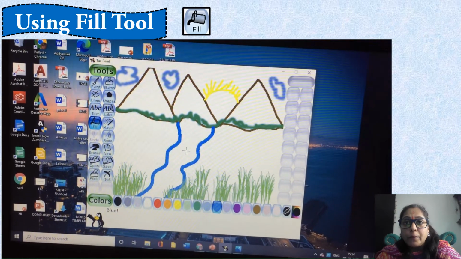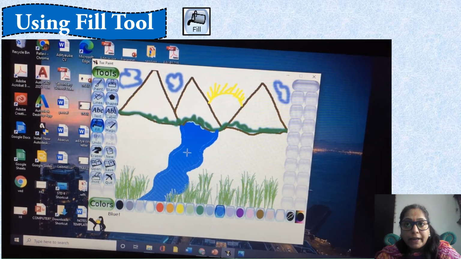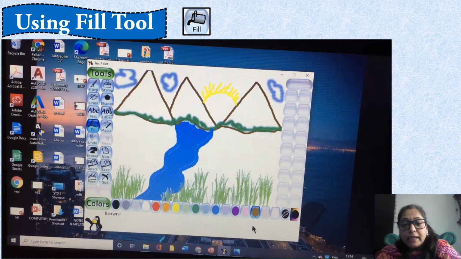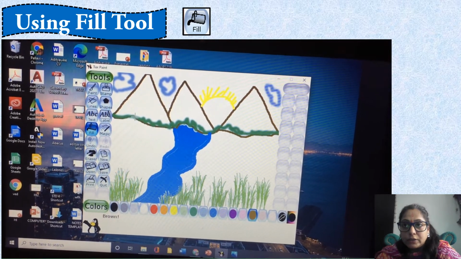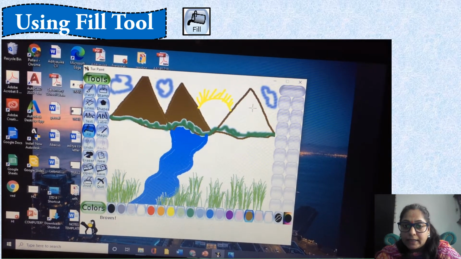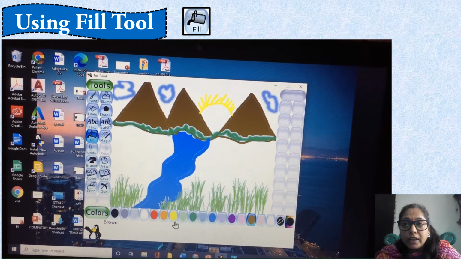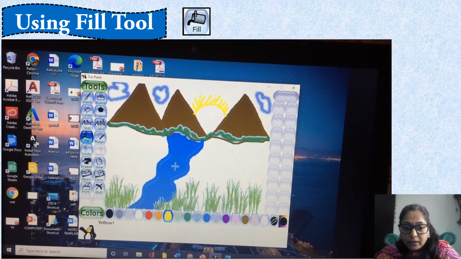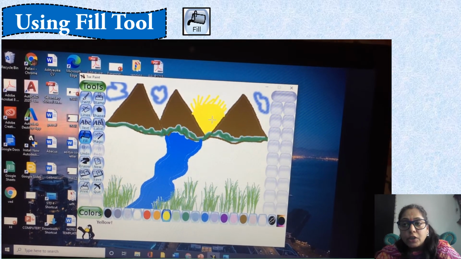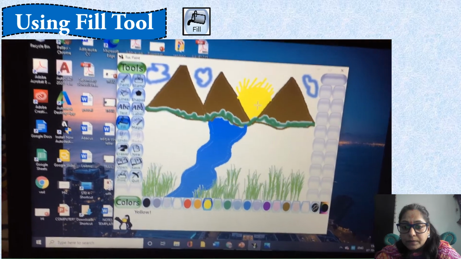Now bring the pointer over the river and click on it. The blue color will fill the river. Select brown color and click on the mountain to fill brown color in it. Likewise, fill yellow color in the sun. Like this you can color your picture. Understand, students?